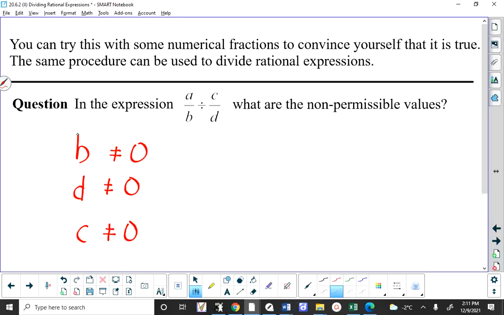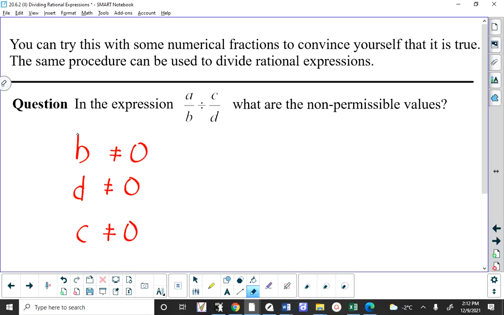Right. So this is what most people will say, and there's nothing wrong with it. There's a slightly better way to explain it, though, or a slightly different way. What Isaac said is, if you've already been told that A over B divided by C over D is going to morph into A over B multiplied by D over C, all of a sudden C becomes a denominator, and there's nothing wrong with that logic. Okay? Is there another reason, though, why we would say